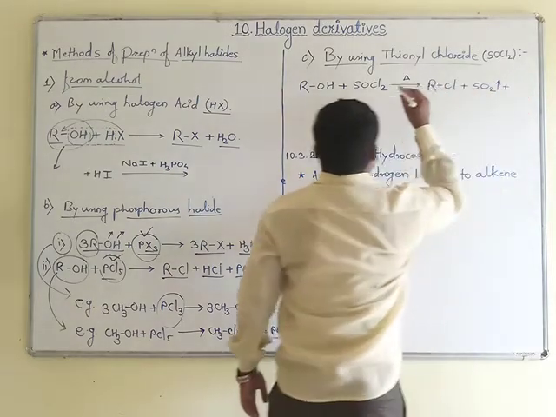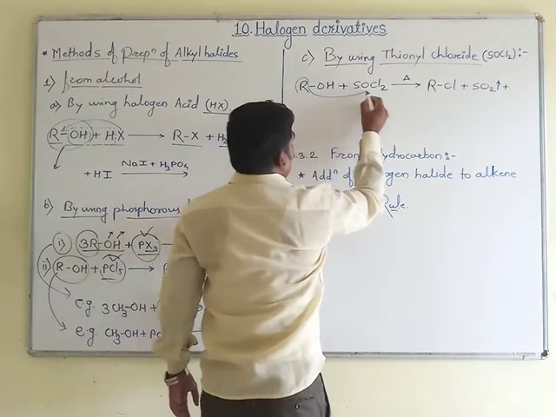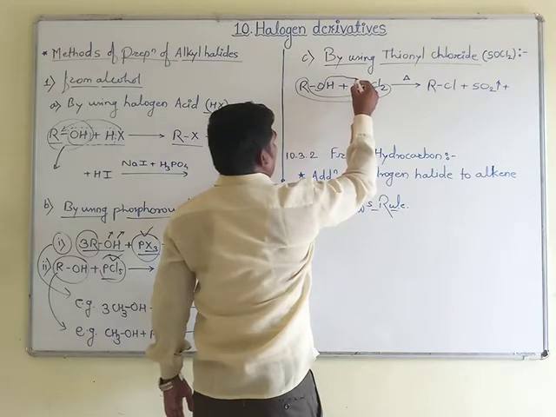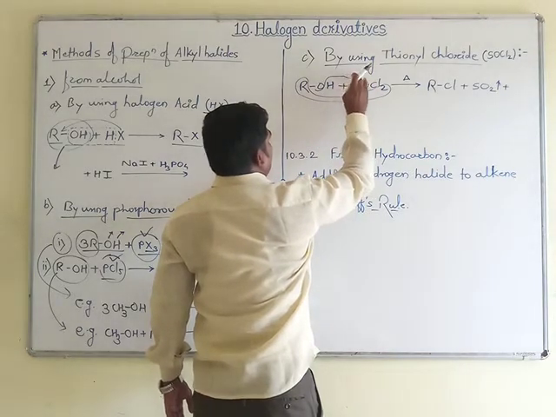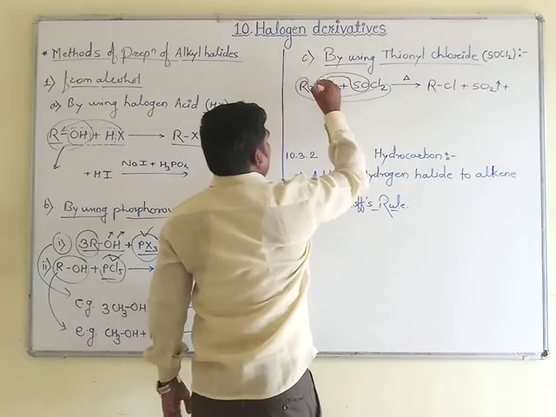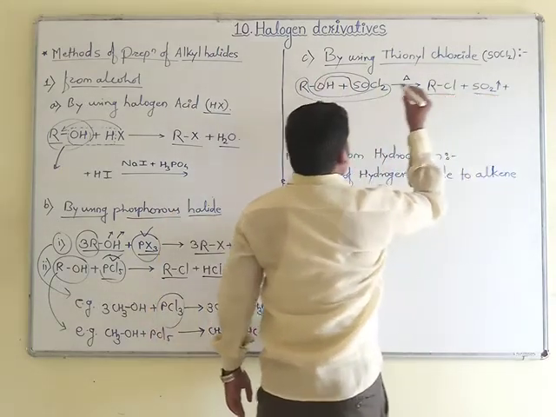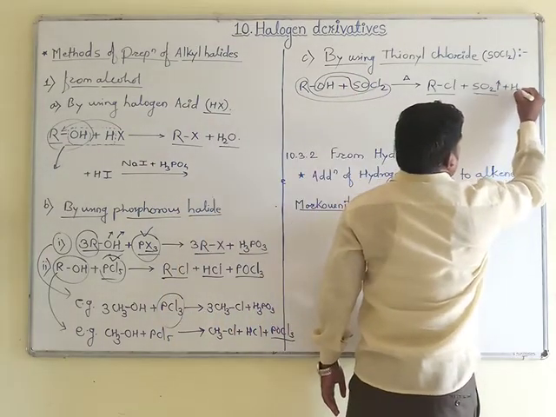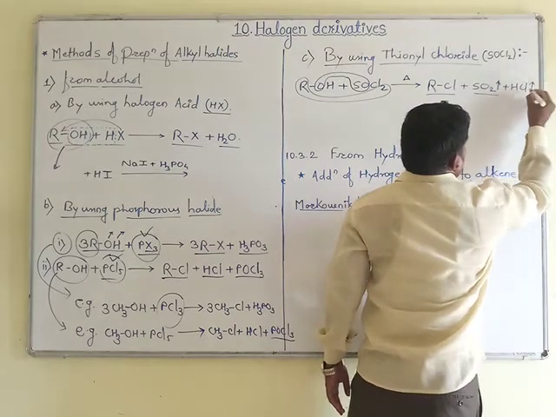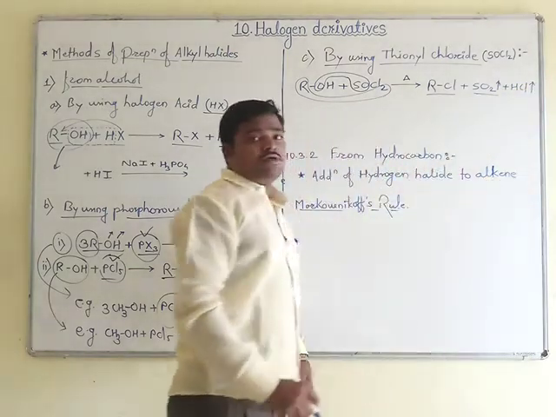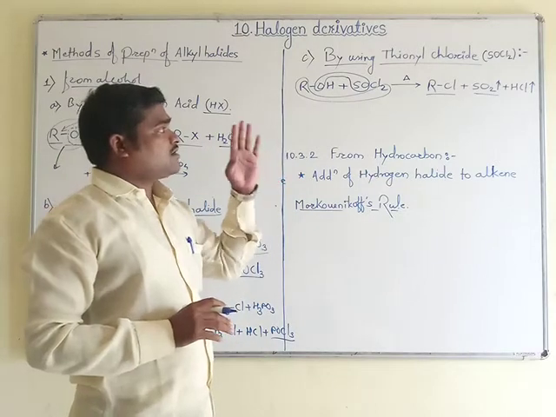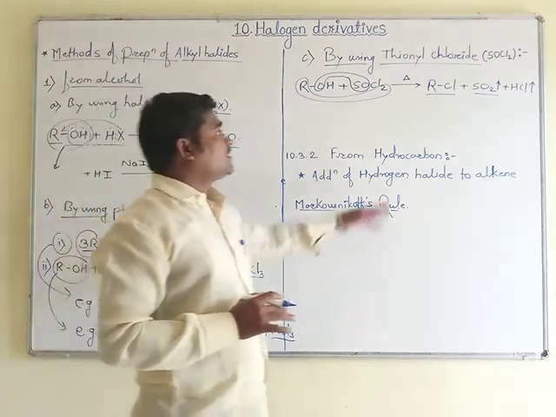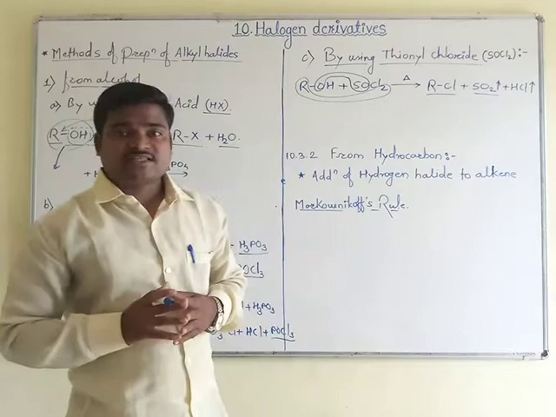plus, here the R will react with Cl first, and the oxygen from the hydroxy group will react with this SO group. SO2 we have written here. Okay, one chlorine is remaining along with hydrogen, so we can write here HCl. Okay, so this is the reaction in which sulfur dioxide and HCl gas escape. Therefore, the remaining product RCl will remain as it is.